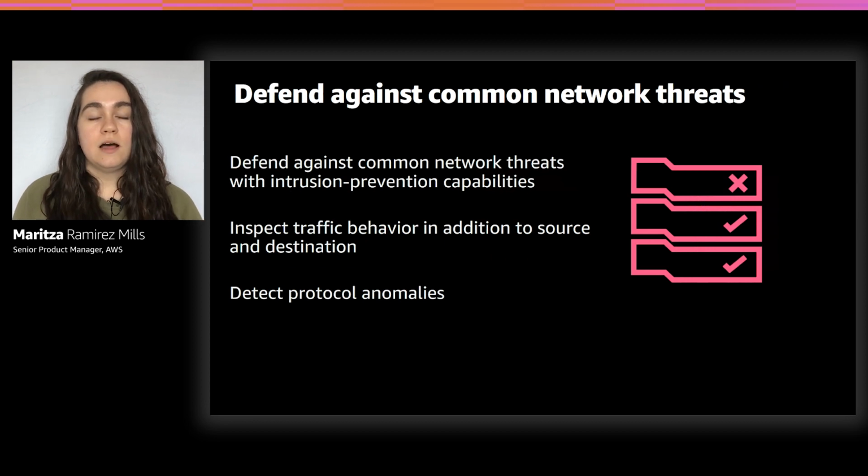AWS Network Firewall allows you to defend against common network threats. Using its intrusion prevention capabilities, you can perform active traffic flow inspection to catch suspicious behavior such as malware intrusion or protocol abuse. This means that you can inspect traffic behavior in addition to whether or not the source and destination are already trusted. For example, you can do things like detect protocol anomalies, such as, even though the source